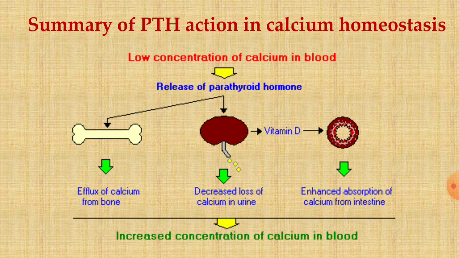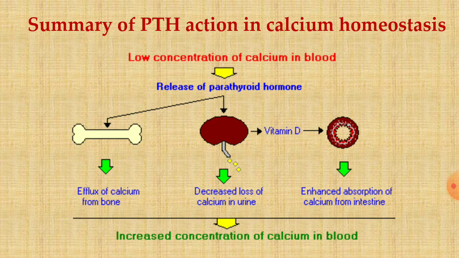What are those? First, there occurs increase in calcium reabsorption. PTH increases reabsorption of calcium from the ascending limb of loop of Henle as well as distal tubules of the kidney and helps to prevent hypocalcemia. So first thing it has done, releasing calcium from the bony substance, and next thing at the level of the kidney, it is increasing reabsorption of the calcium from the ascending limb as well as distal tubule.